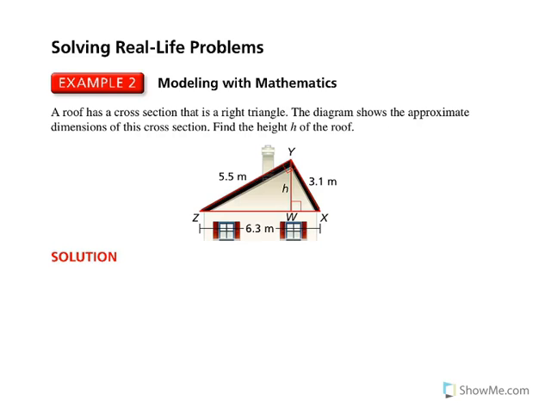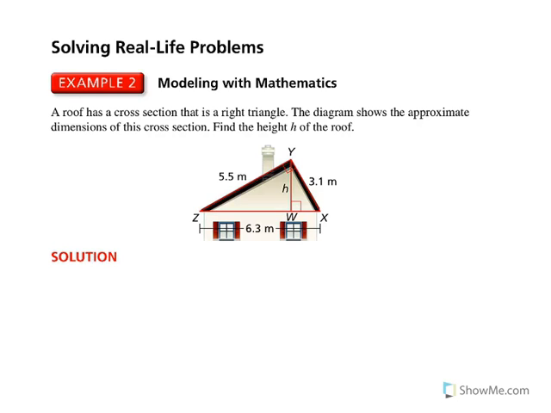Alright, so example number 2, modeling with mathematics. A roof has a cross section that is a right triangle, and the diagram shows the approximate dimensions of this cross section. Find the height of the roof. Okay, so the way you can approach this problem is seeing that we do have similar triangles here. And so we can actually draw my 3 pictures and